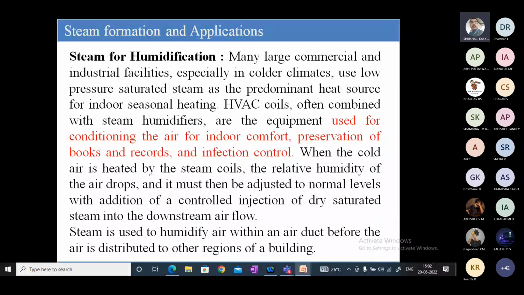You can see that there is humidification and dehumidification equipment available. Here the steam is made to flow through them, and we keep the comfort condition, whatever comfort condition is required: a proper temperature, proper humidity, and proper pressure. All these can be maintained by